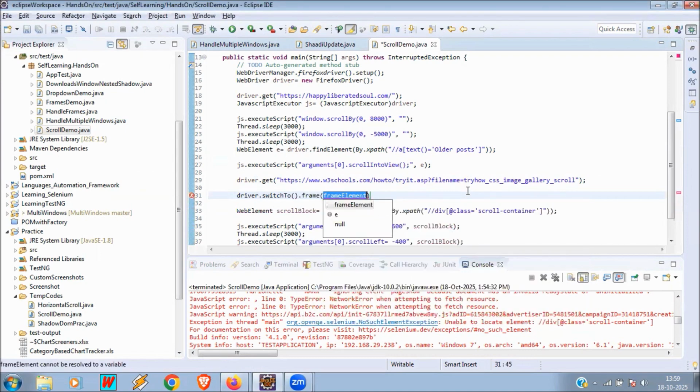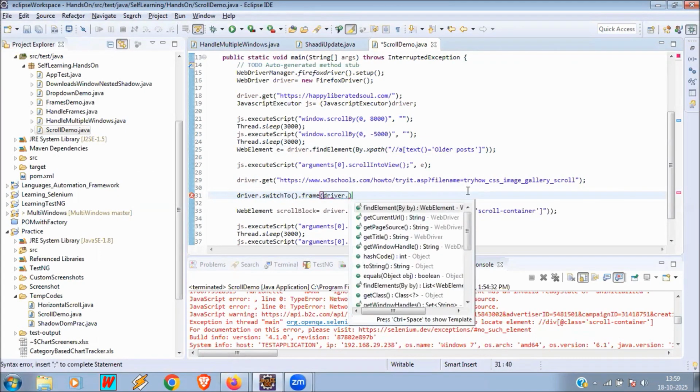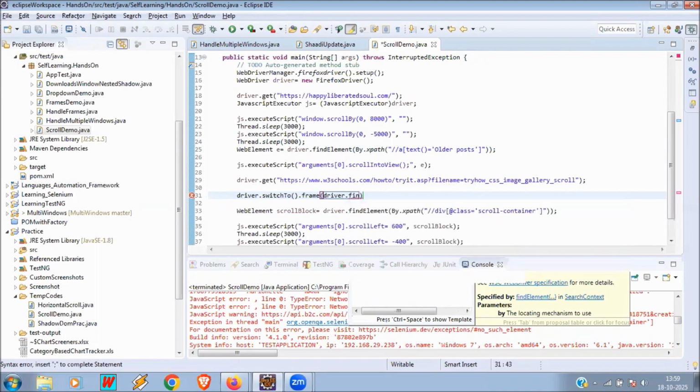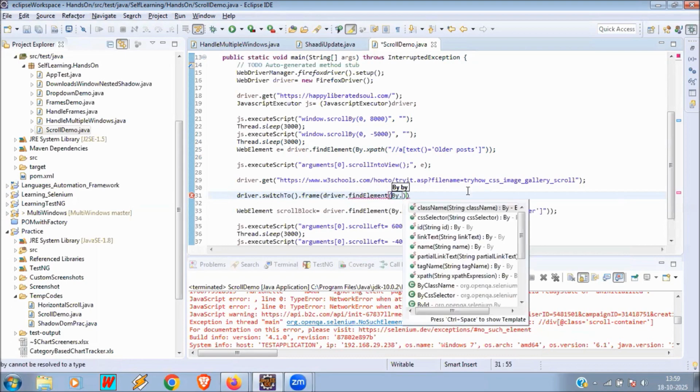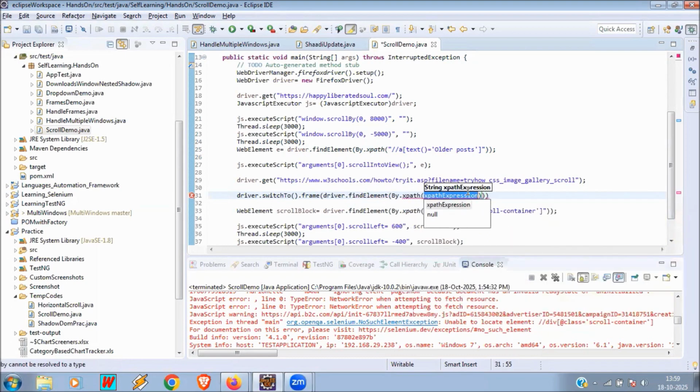How will we mention the web element? We will do driver dot findElement, By with capital B, dot xpath, and we will mention